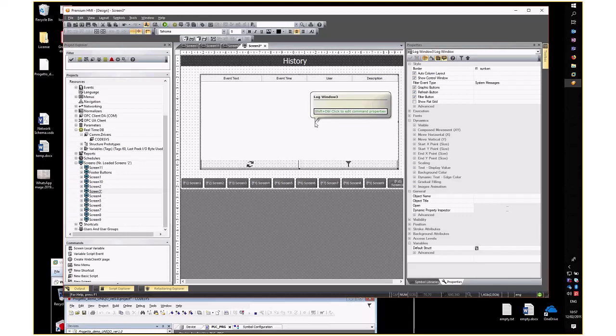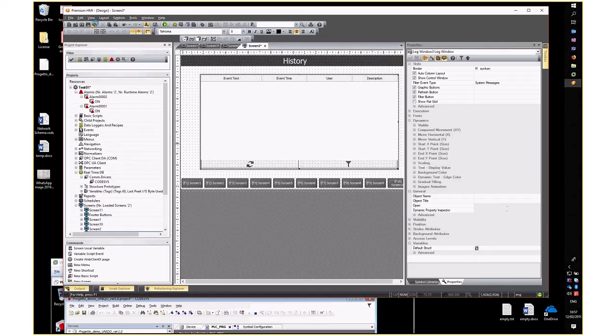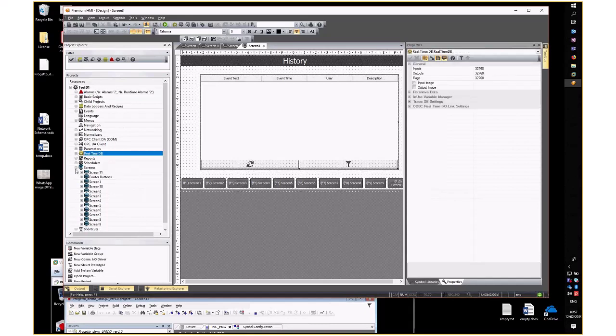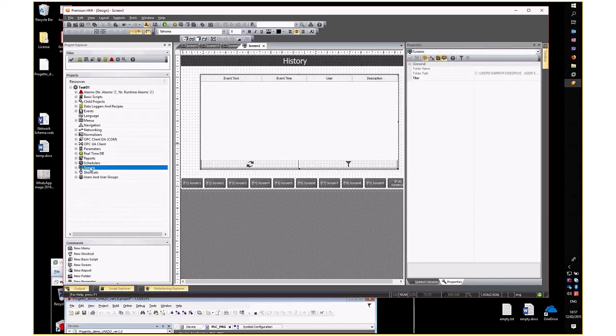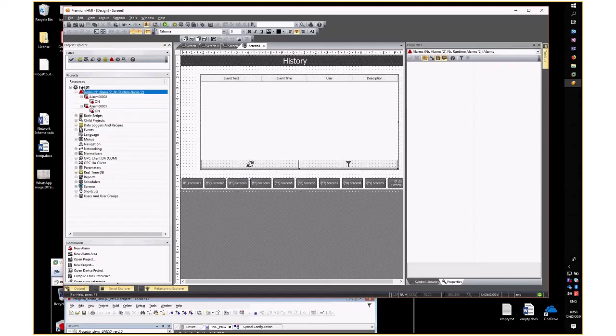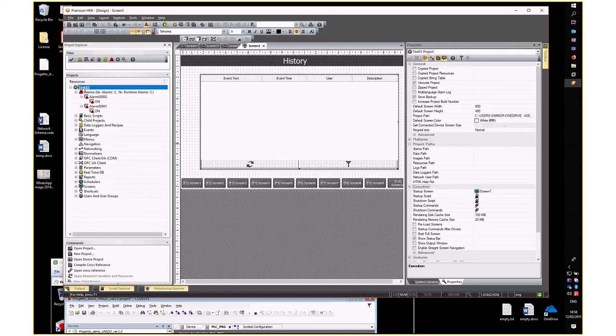Before configuring the window, I would like to tell you a concept which is important. In a premium HMI, there are several features or functions which are supporting the recording, the storing. One of them is alarms. So if you click on the project icon here at the top,